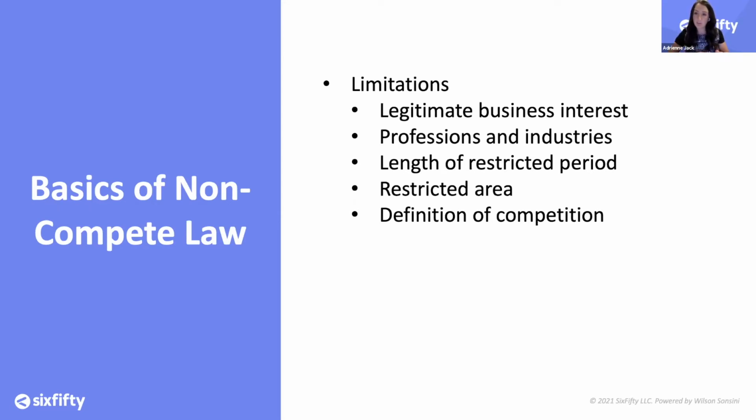Also, once there's a legitimate business interest and the employee is the type of person who can enter into a restrictive covenant, the restrictive covenant must protect the business interest without being so broad that it imposes an undue burden on the employee or on the public. So that means the restrictive covenant has to be reasonable. And whether a restrictive covenant is reasonable is a million-dollar question. That really hinges on the facts and circumstances of that particular instance. So there's no clear bright line rule for what is reasonable.